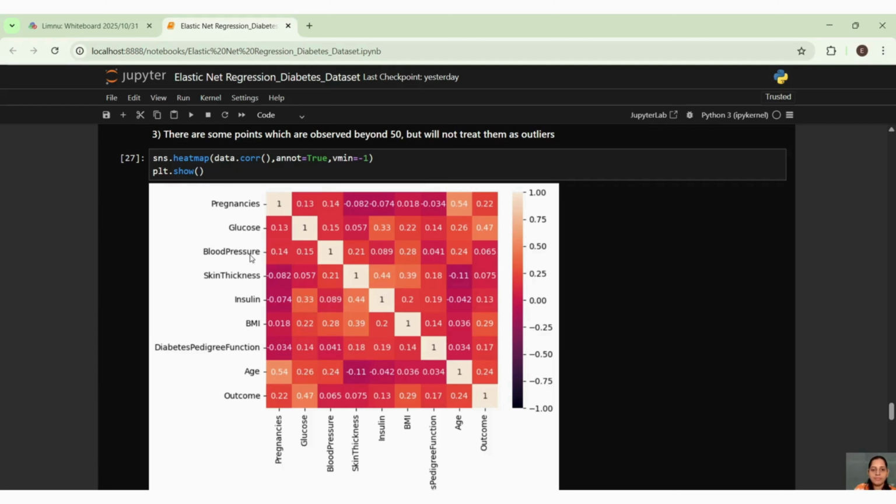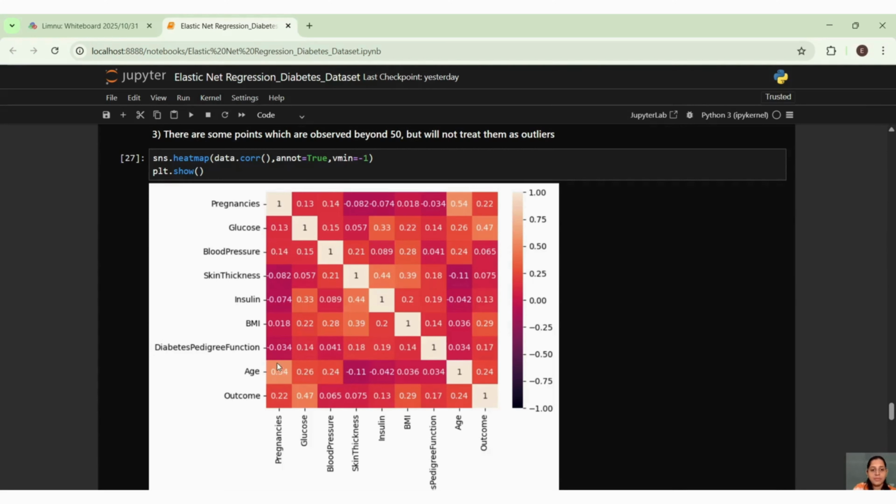Then we have blood pressure. There is no strong correlation with anything. Skin thickness, I have mentioned, with insulin it has correlation. With BMI, it has correlation. Then insulin has correlation with skin thickness, right? Rest, it is fine. There is not much. Then BMI and skin thickness. Then outcome is also there, right? Glucose is also there. So BMI is taking a stronger step here towards your outcome. Then diabetes pedigree is not having good correlation with anything.